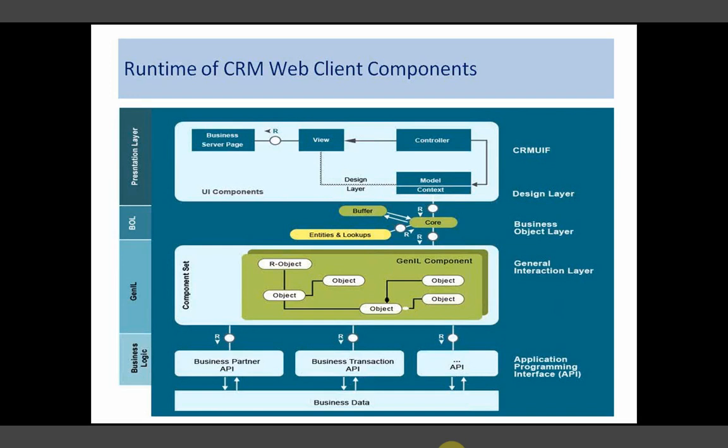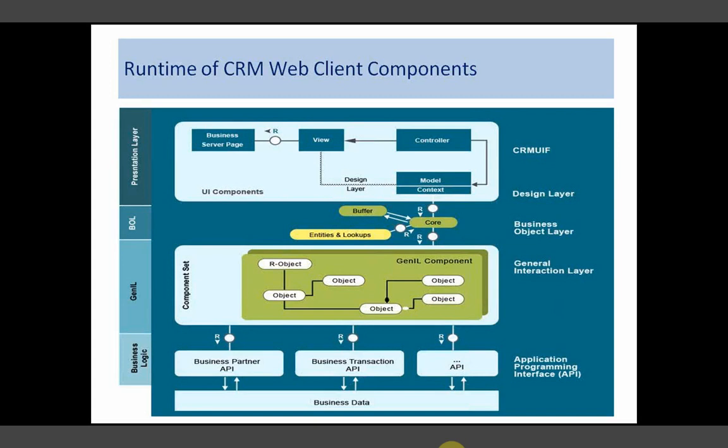Yes, there are a few reporting programs, ALV programs, that have been developed using BOL as well, but the best practice says if you want to use the business data of CRM somewhere, you just get the GENIL. GENIL is not a property of web UI.